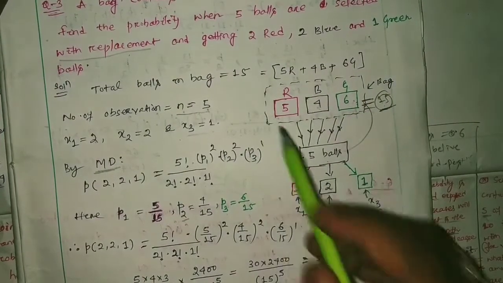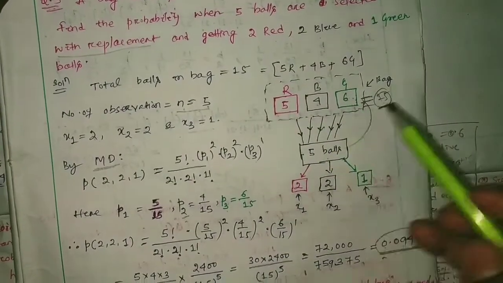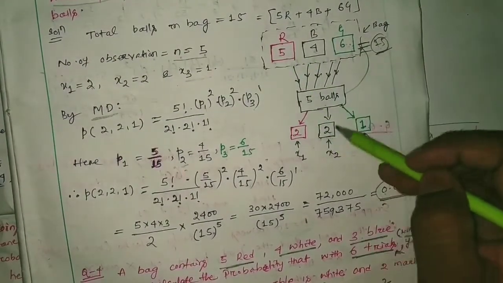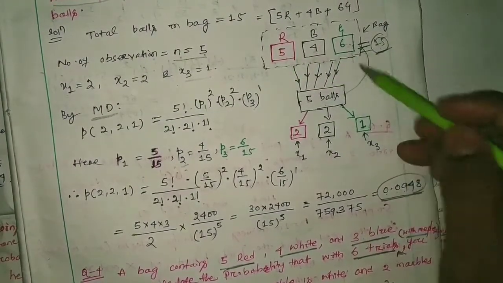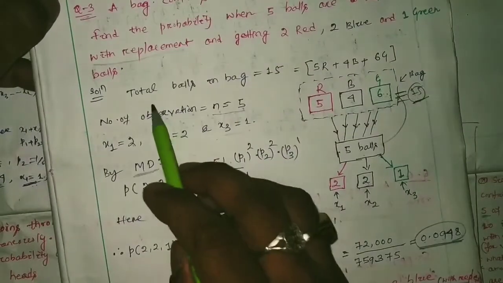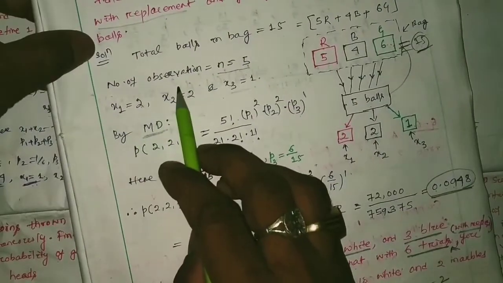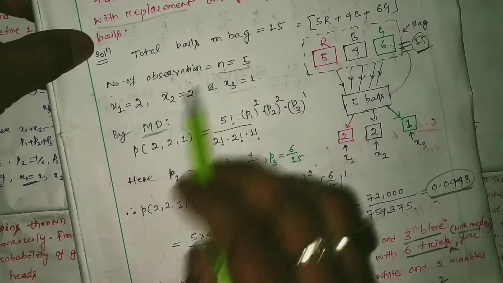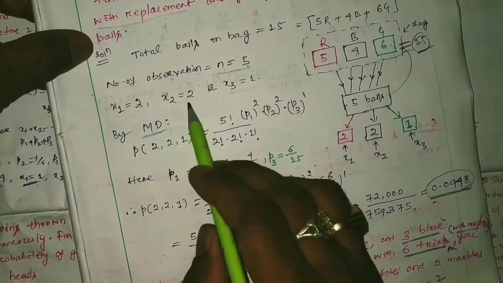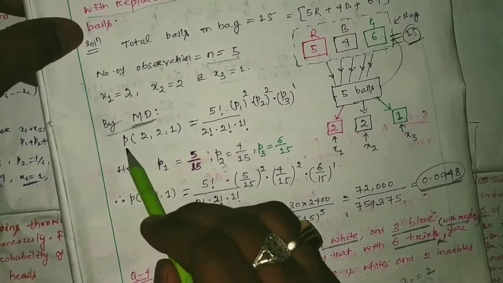Okay, so here 5 red, 4 blue, 6 green balls are there. I am going to draw 5 balls. 2 will belong to red, 2 will belong to blue, 1 will belong to green. Here the total number of balls in the bag is 15. Number of observations, how many? 5 is the number of observations. x1 is 2, x2 is 2, x3 is 1. By multinomial distribution, the probability of 2, 2, 1